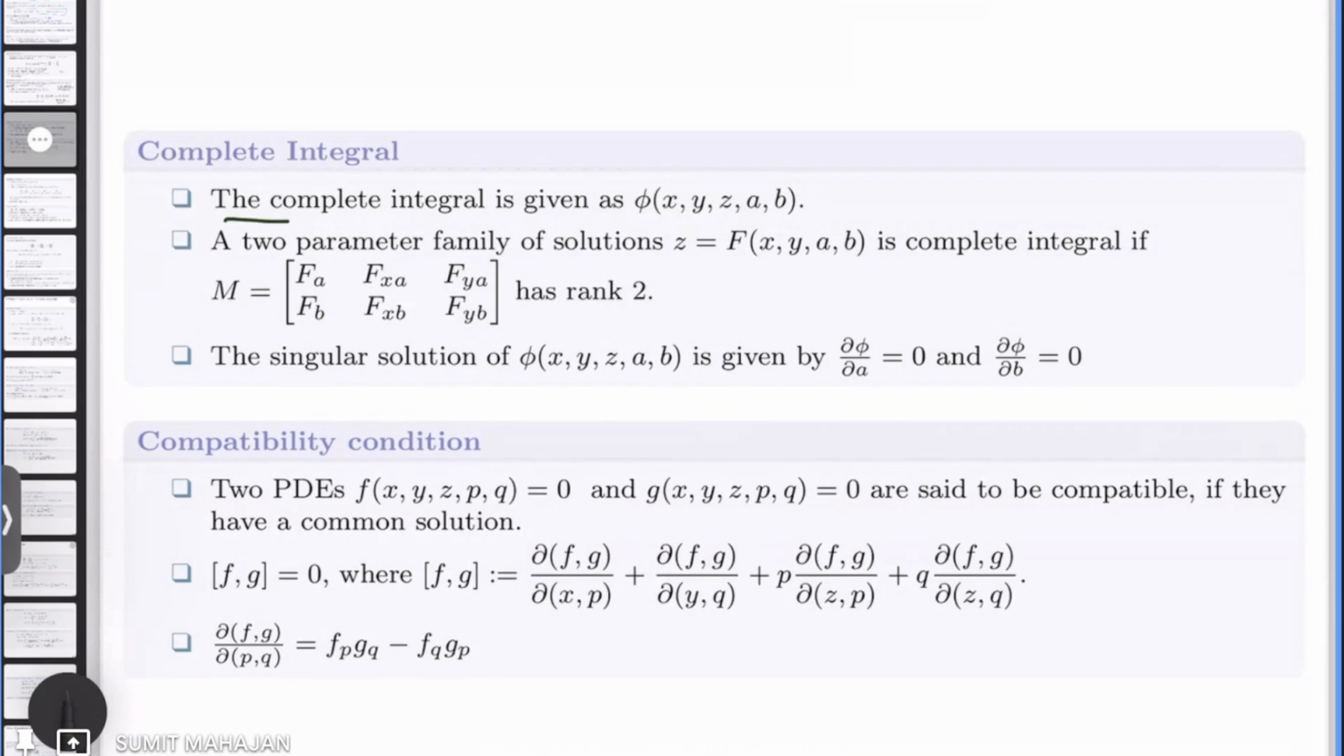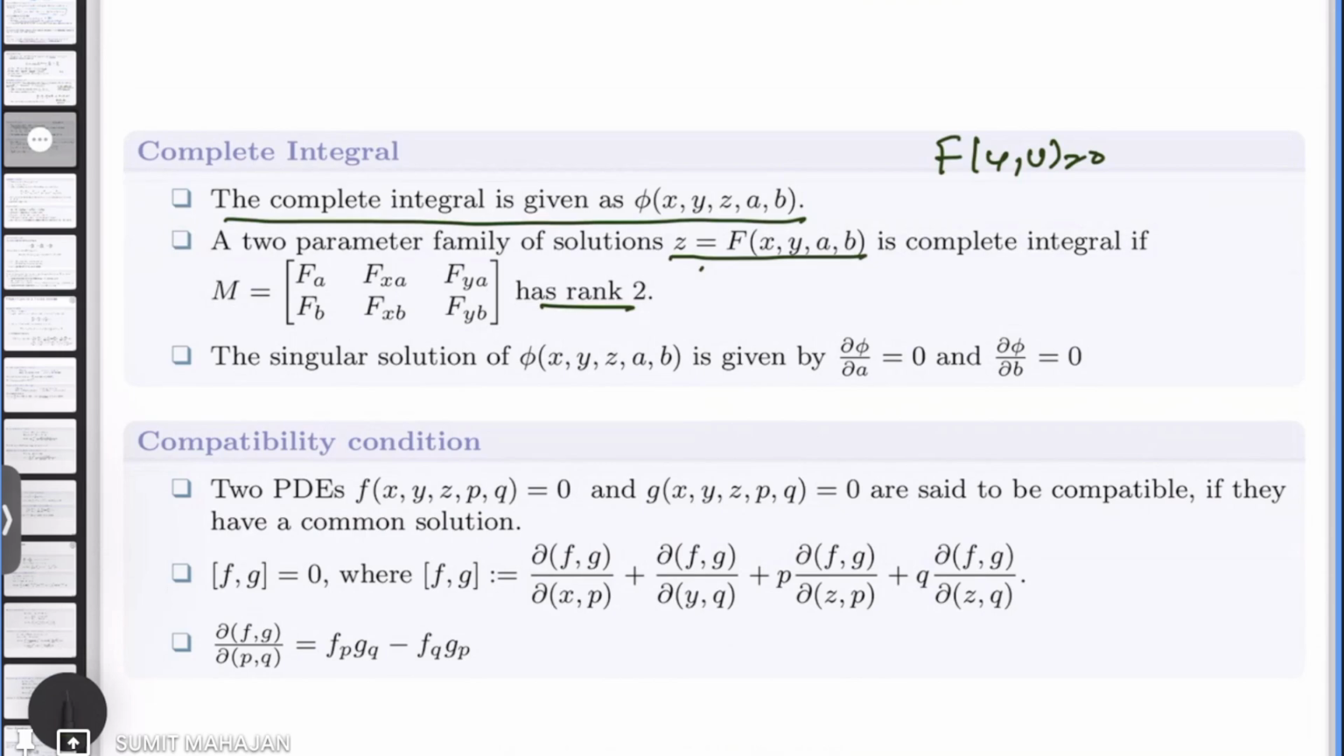One is called the complete integral. The complete integral is given by phi of x, y, z, a, b. This kind of solution of a PDE, phi of x comma y comma a comma b, will give rise to a first order differential equation that you can form from this. The solution can be written in this form, or you can also write it in the form of f of u comma v equals 0. Now a two parametric family of solutions, represented as z equals f of x comma y comma a comma b, is called a complete integral if the rank of this matrix M is 2. Then we say that